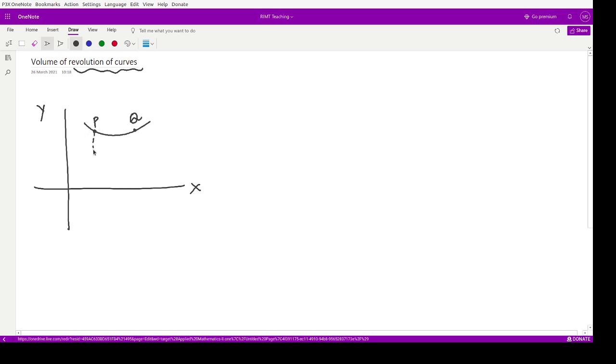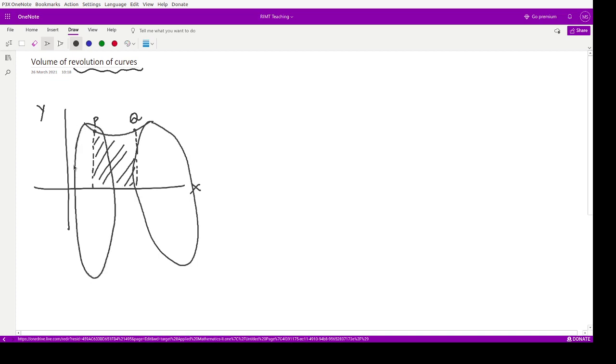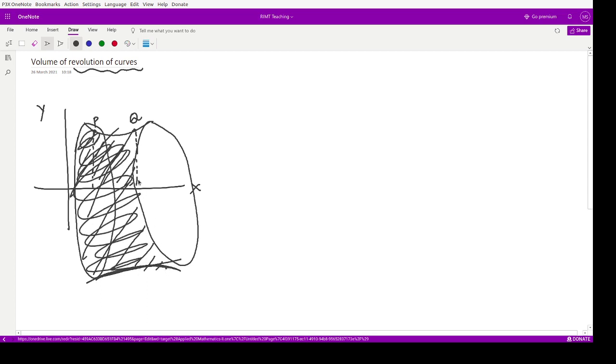So what we do, we draw a perpendicular from this point and a perpendicular from this point on the x-axis. So this is the plane that we obtain. When you rotate this curve about this x-axis, when you pull it towards yourself and rotate it 360 degrees, it would be something like this, and something like this here also. So you have this whole particular solid, right? So this is the solid of revolution which is obtained by rotating this particular curve PQ.